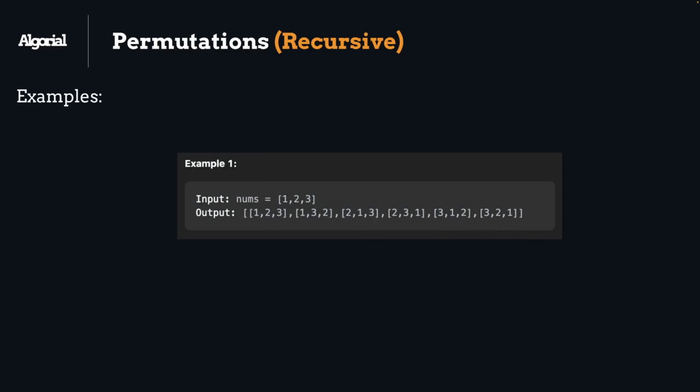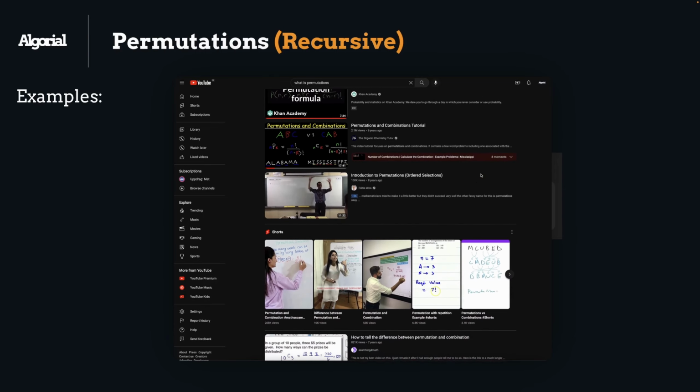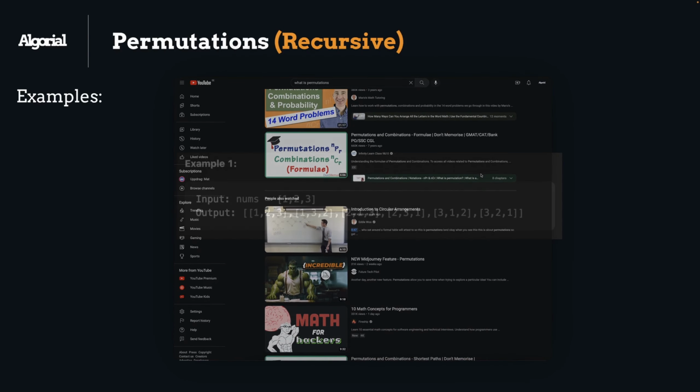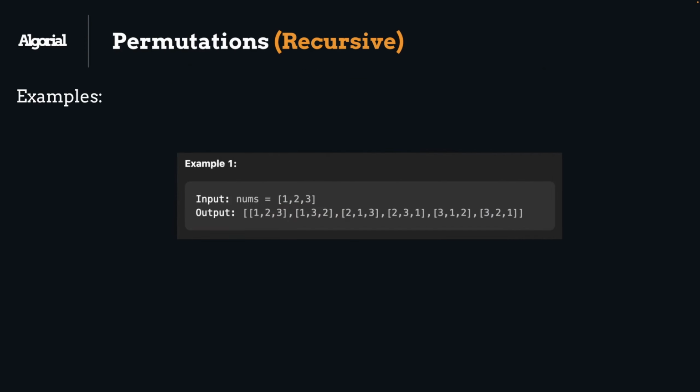This video will be a bit mathematics involved, but if you landed on this video, I hope you already understand what permutations are. If not, please check some videos on that topic first to get you into the right context. There are plenty of people that can explain this so much better than me, to be honest. But if we get back to the leetcode problem now, in the case of 1, 2, 3, as you can see